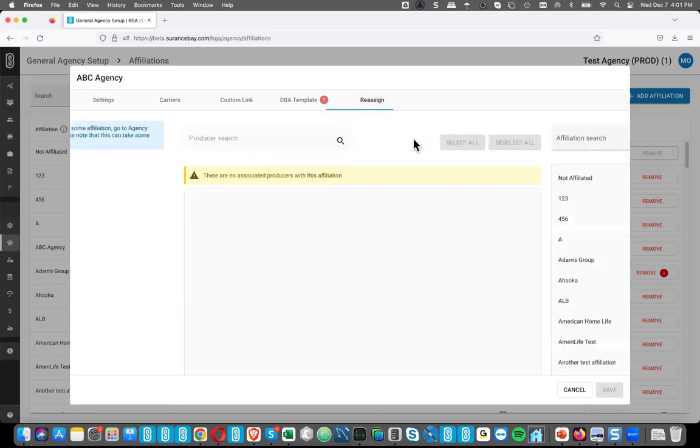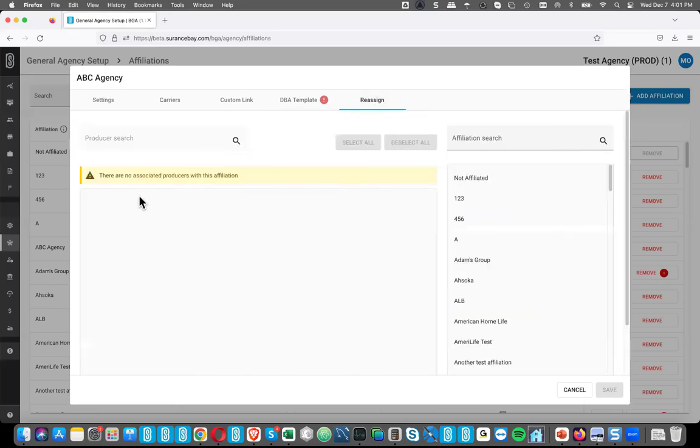And then we've added this new feature called reassign. If you've got an affiliation that's got, let's say, 20 producers, and you want to assign 5 of them to a different affiliation, you'd be able to select those 5 here and then reassign them to a different affiliation. You've always had the ability, using the sync affiliations feature, if you had strict affiliations turned on, to reassign all producers from an affiliation to a new one, and you still can in this new version. This just gives you more granular control to select the specific producers you want to reassign. But you can always reassign one individual producer right from the producer list in the actions menu. That's still possible too.